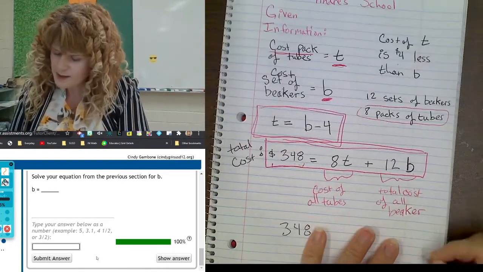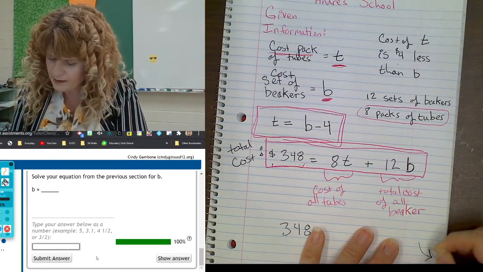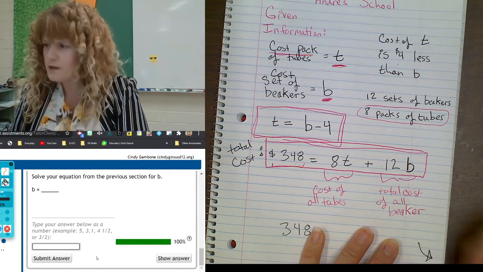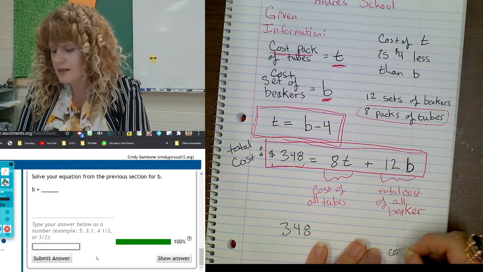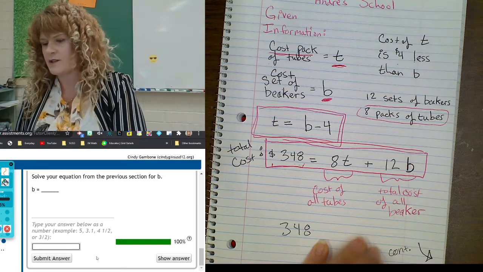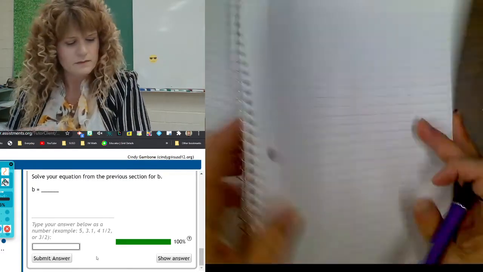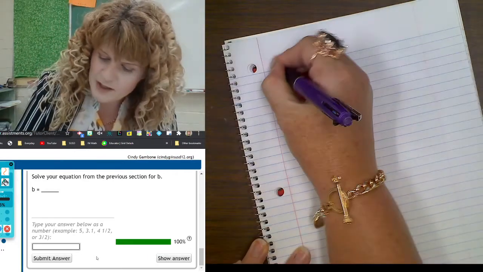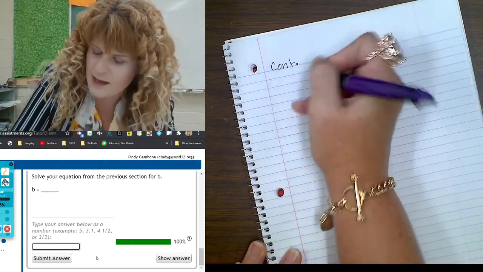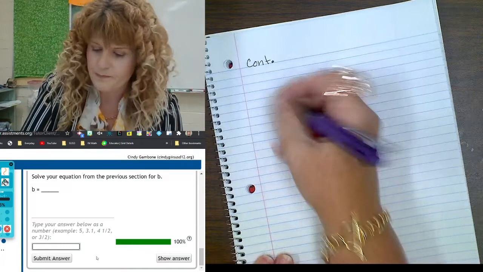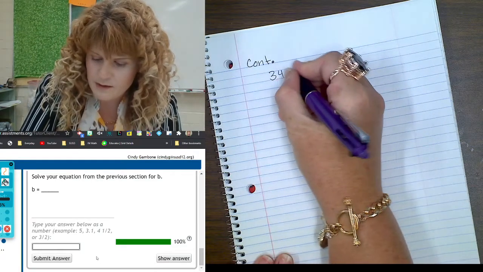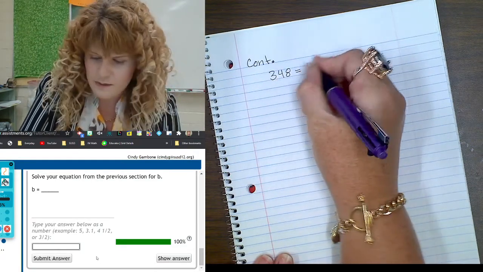When I go to the next page in my notes, here's a notation that I like to use. I draw an arrow to remind me that it is continued on the next page. And then on the top of the next page, I write continued again. That shows me that I just kept going. And the equation was 348 equals 8b